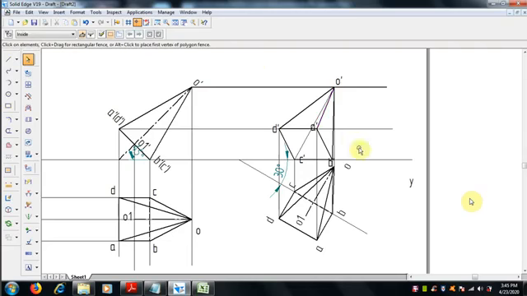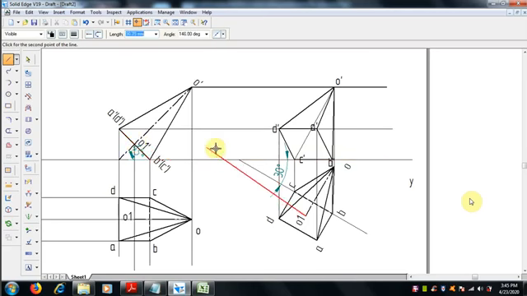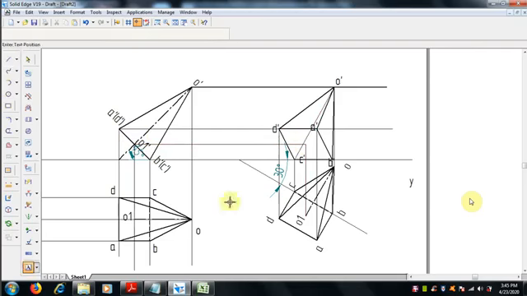Now you can see the C to O is crossing through the face. C to O line, which is an edge line, is crossing through the face, and that we have to make hidden. And the axis we have to draw, O to O1, and the apex that we have to join with the axis.